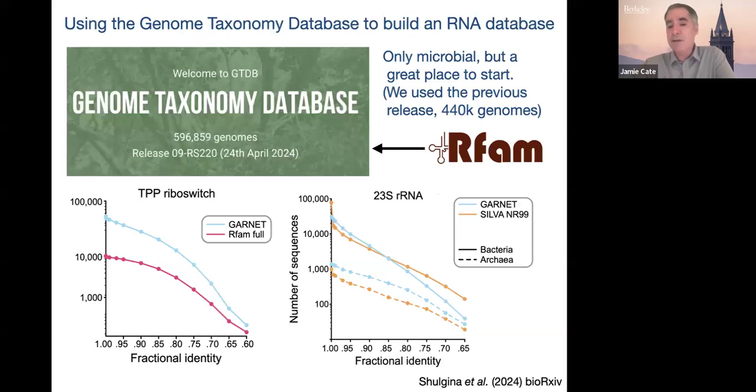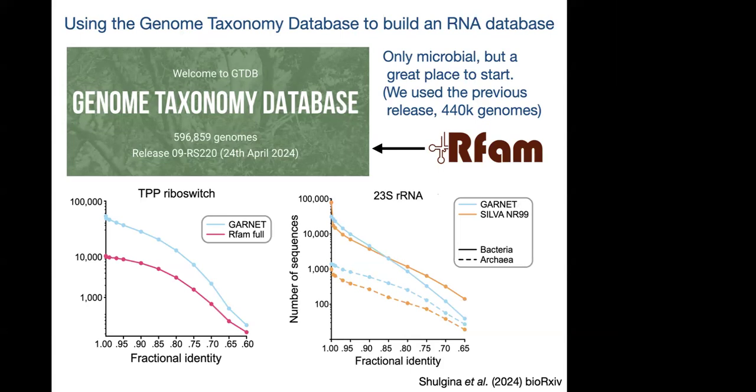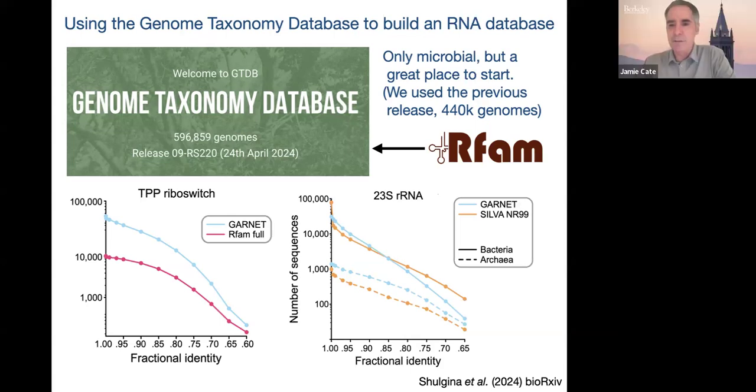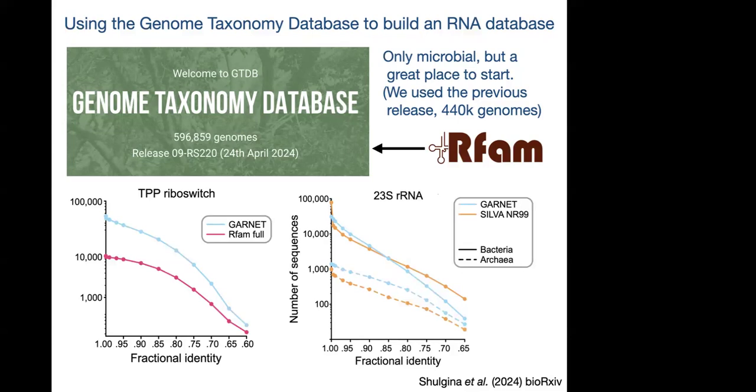So Rfam has thousands of different covariance models for different types of RNA, but they don't actually have that many examples of each of the RNAs, right? They have these covariance models that you can then use to go search for additional examples of those RNAs. Oh, okay. So this is a bioinformatics tool that uses hidden Markov models and things like that to look for what look like similar sequences. Does that help? Sure, yeah, makes sense.